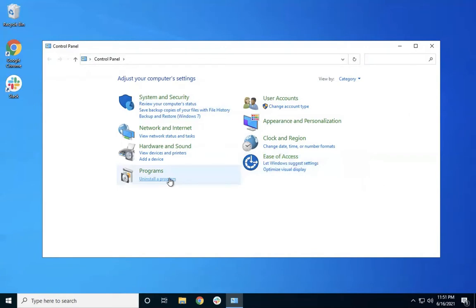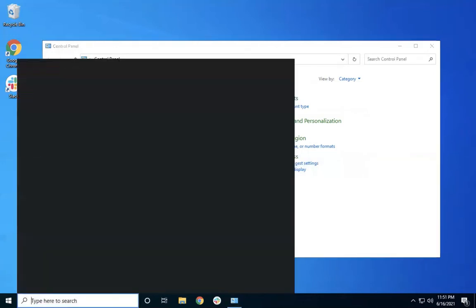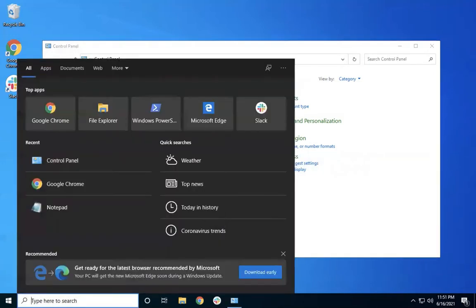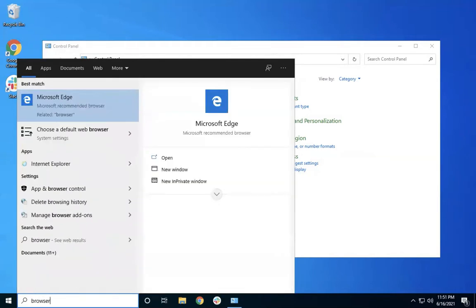Other than that, for whatever action we want to take, we just go to the search bar, search for it, and we directly get into that section. For example, in this case, if I want to change network settings or if I want to change the default browser for my laptop in Windows operating system, I can search for browser.